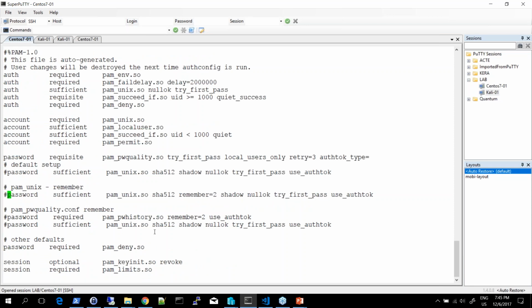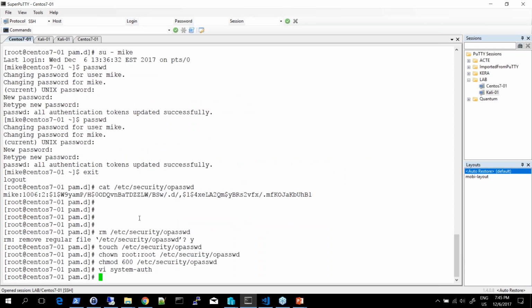So the correct way is to use PAM PW history shared library, because this shared library will use the correct hashing function you set up on your system. In our case, the strongest one currently available. So let's do like this, and